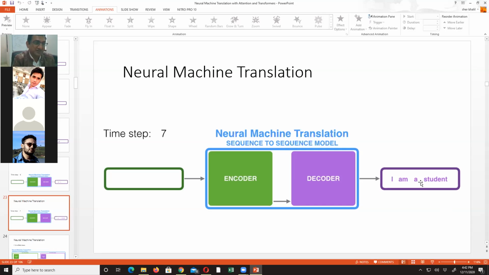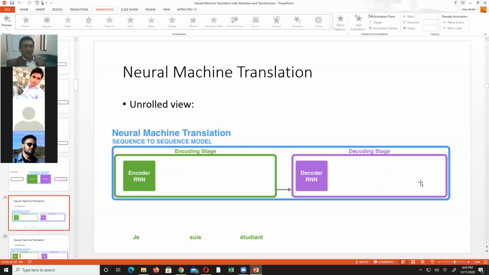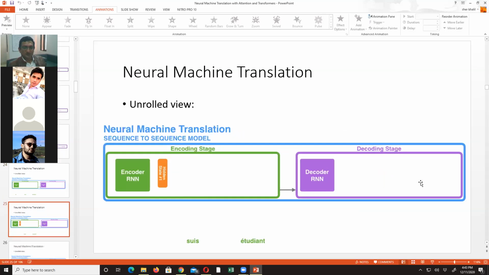And remember, this is not dictionary mapping, which means that we have trained this encoder decoder. We have provided sufficient data to this encoder to learn that when you see this sentence, the translation will be this one. Right? You will get more sense of it when you see it in an example. Right. Now, let's see the unrolled view. You might not have understood it fully, so let's see it unrolled.